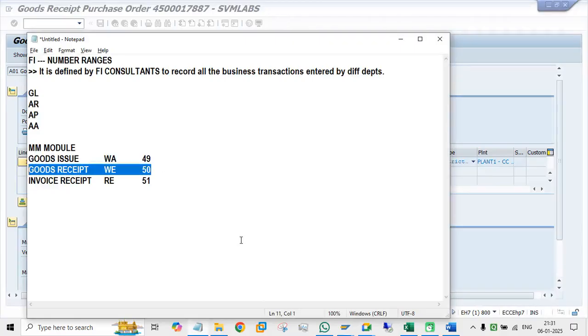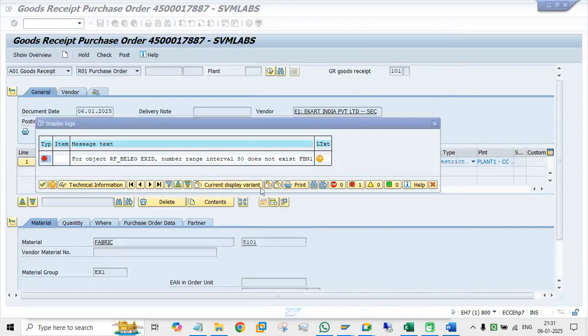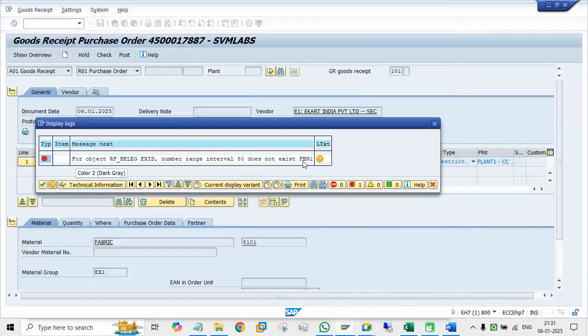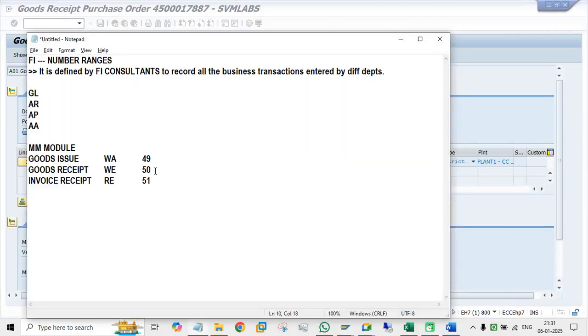Goods receipt. For 50, the number range interval for year 2025 does not exist. The system is telling you the number range interval does not exist, so we need to maintain this number range. In finance, I will maintain it for all three, 49, 50, 51, not only for 50, because down the line we have to do entries for all these